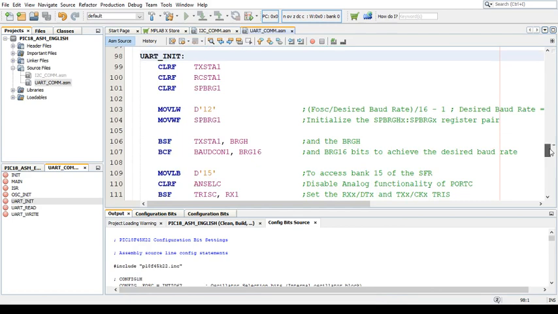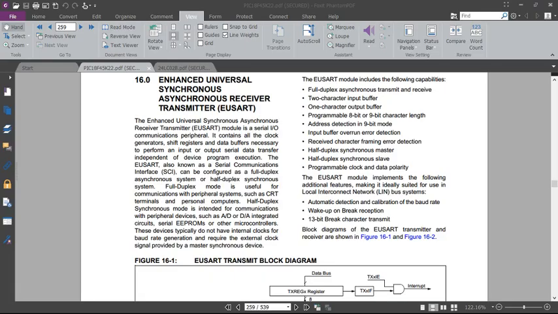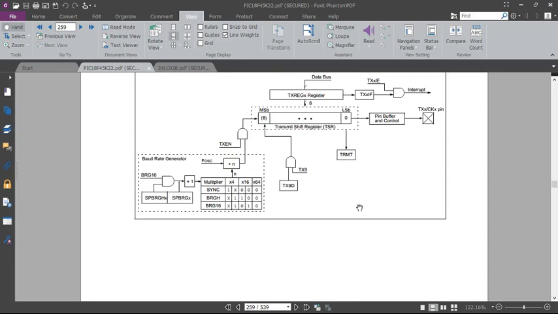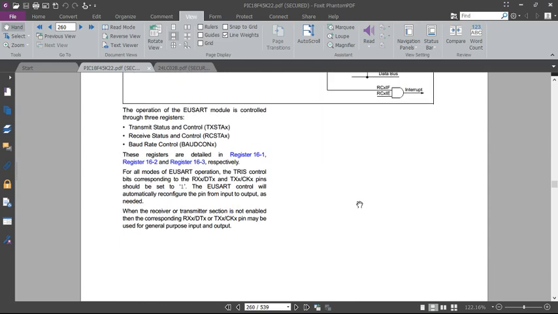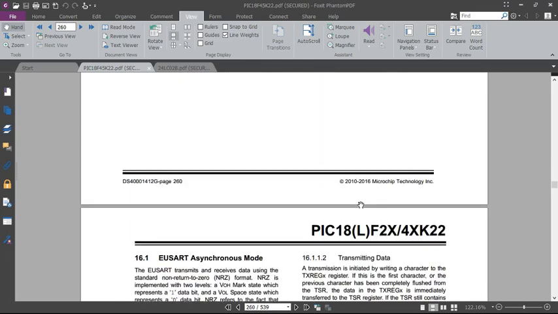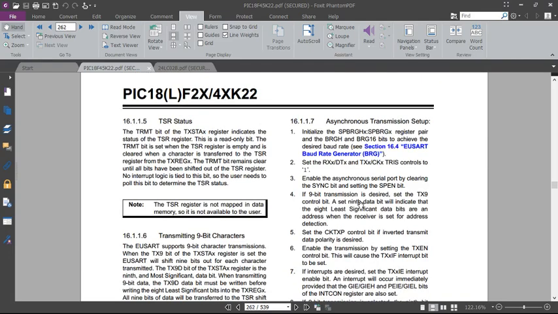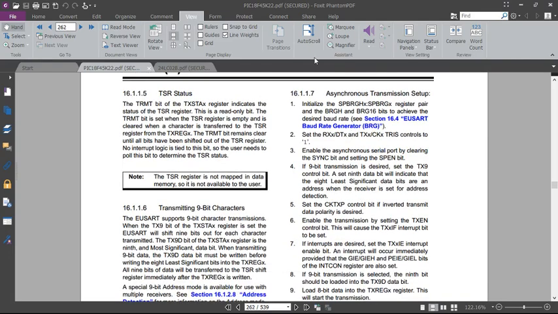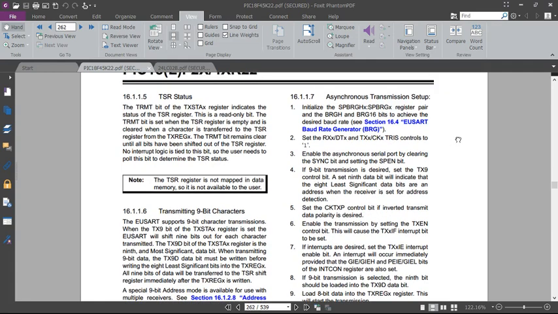Now I'm just going to open the PDF. When you open the datasheet, you want to search for the section that says asynchronous transmission setup. That's going to be on page 262 of the datasheet, and we're going to start from the first step. First, initialize the SPBRGHX